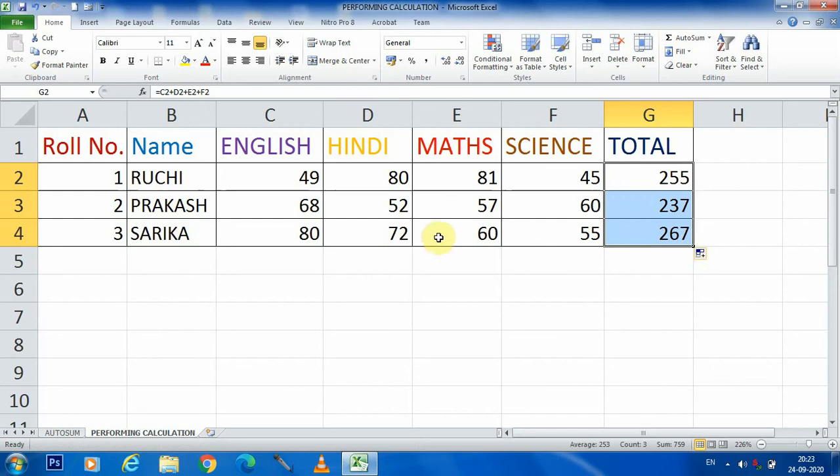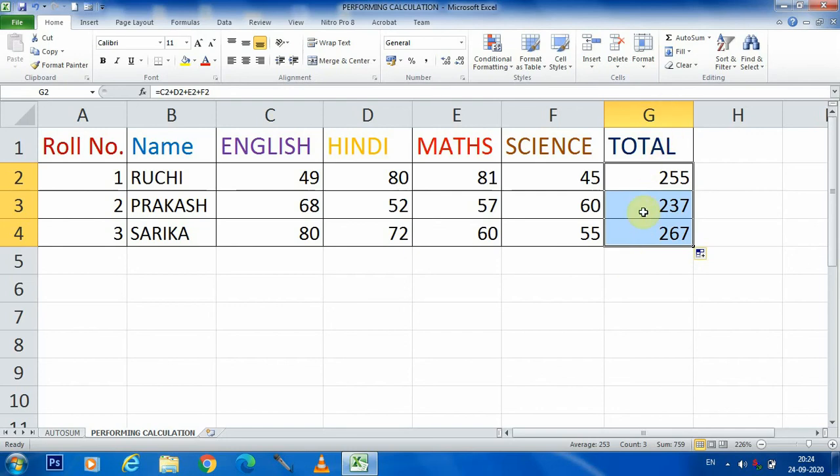After that you get the addition of the numbers in the remaining 2 records. They are 237 for Prakash and, for Sarika, she obtains 267 marks.